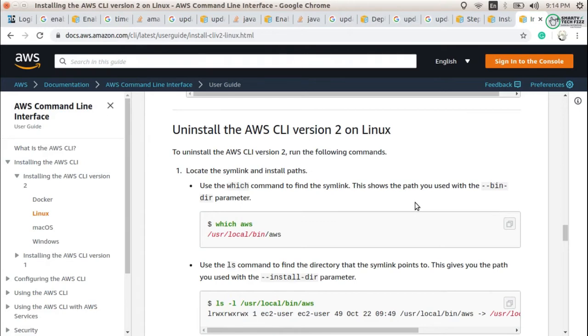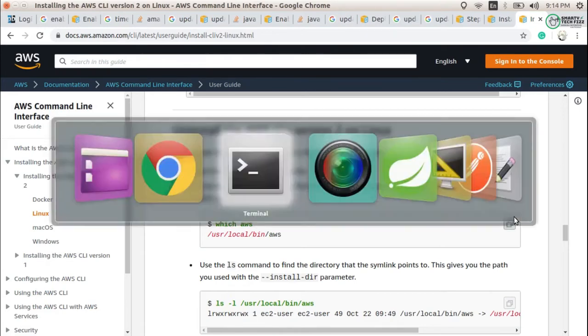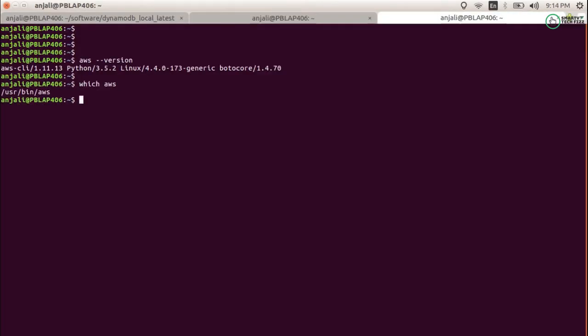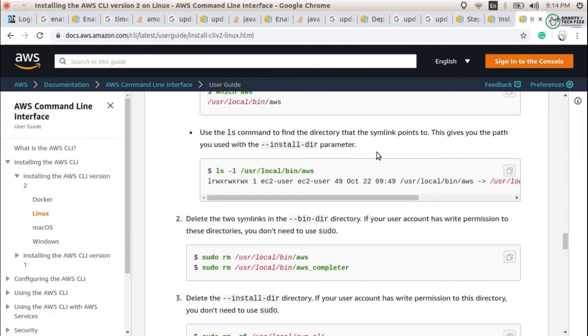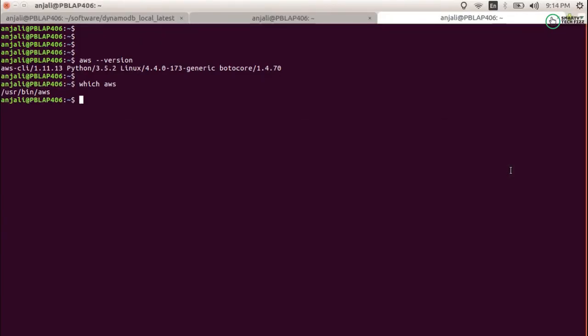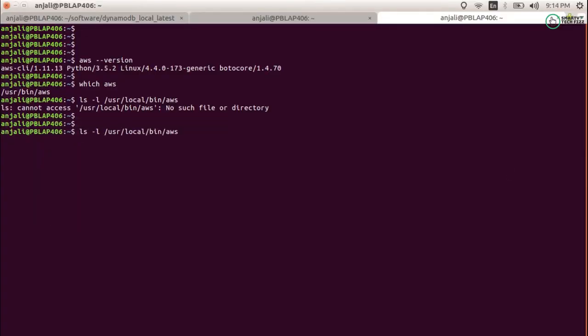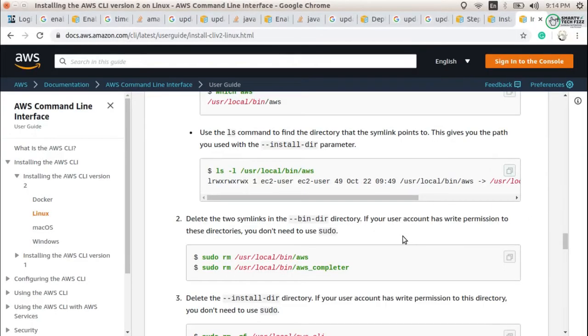So the first command is which aws. Let's print it. It is giving /usr/bin/aws. Now the second command, we will copy it and see what is going on there. Mine is not the local bin, it should be /usr/bin/aws. So let's correct the path. Okay, so it is /usr/bin/aws.